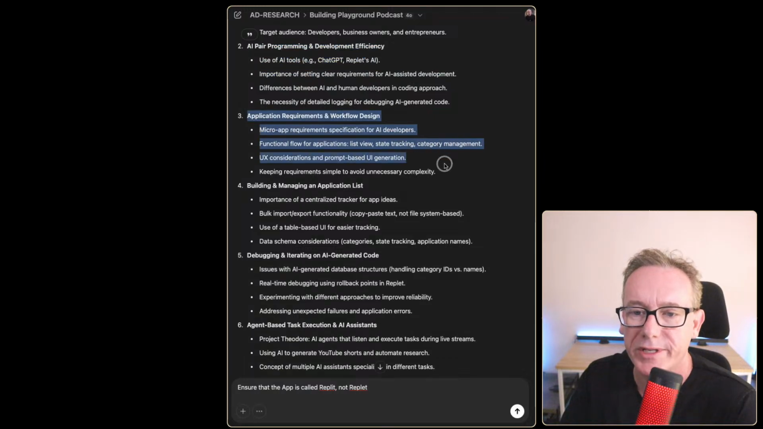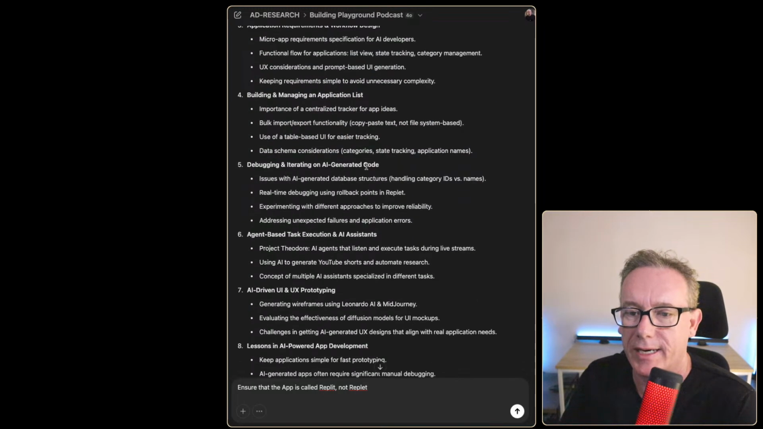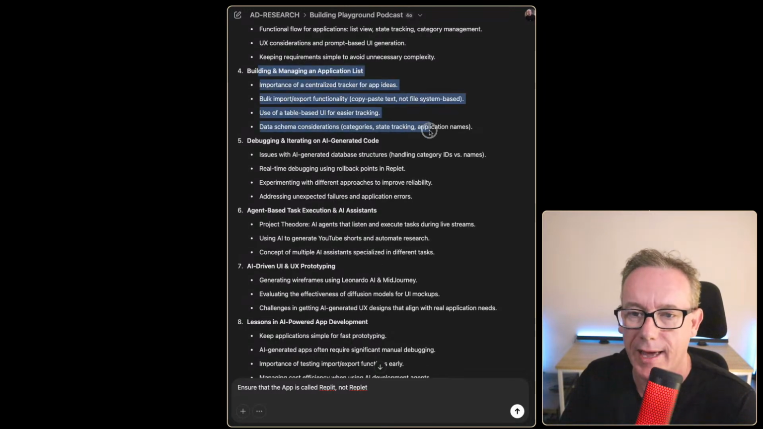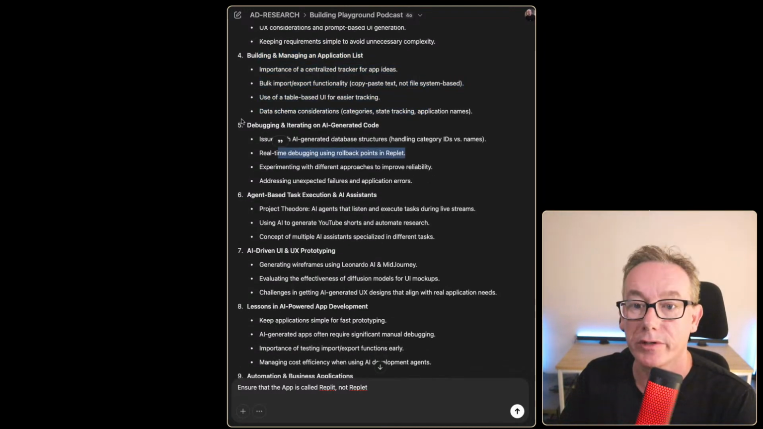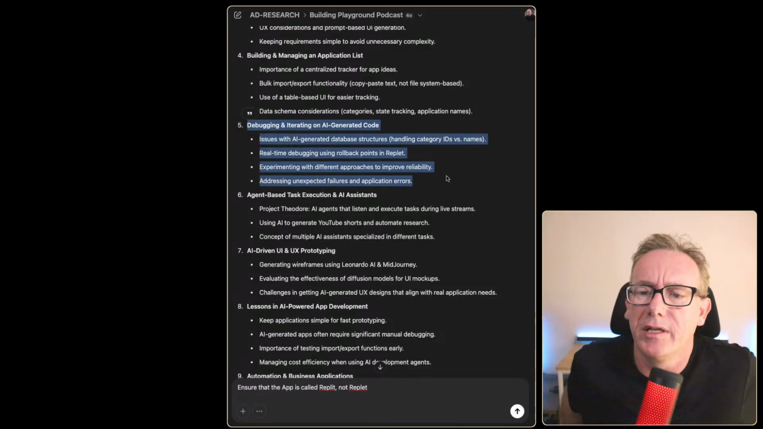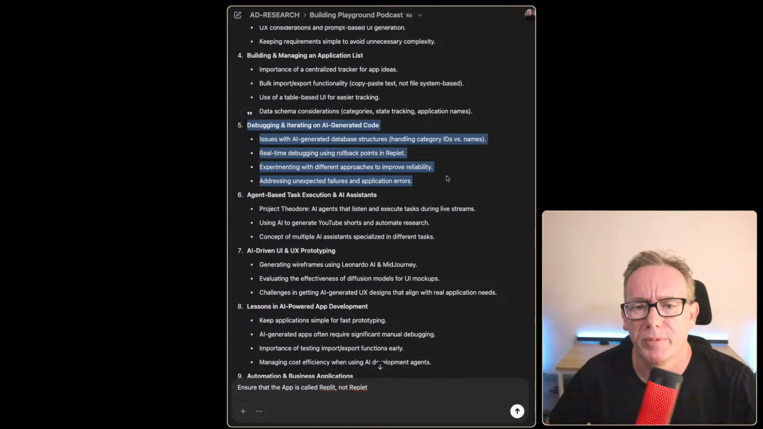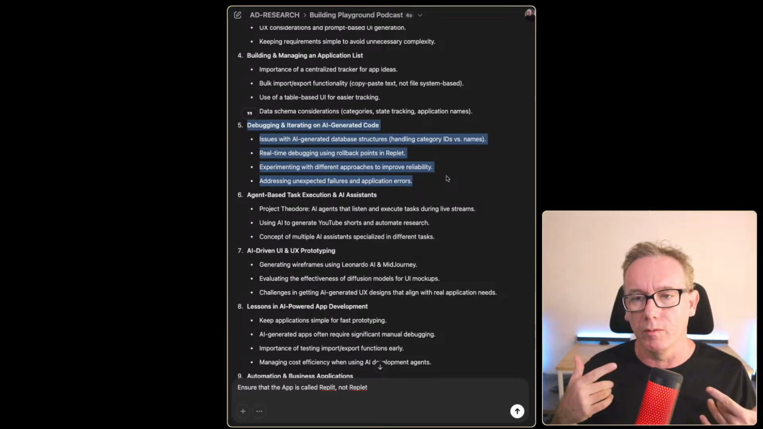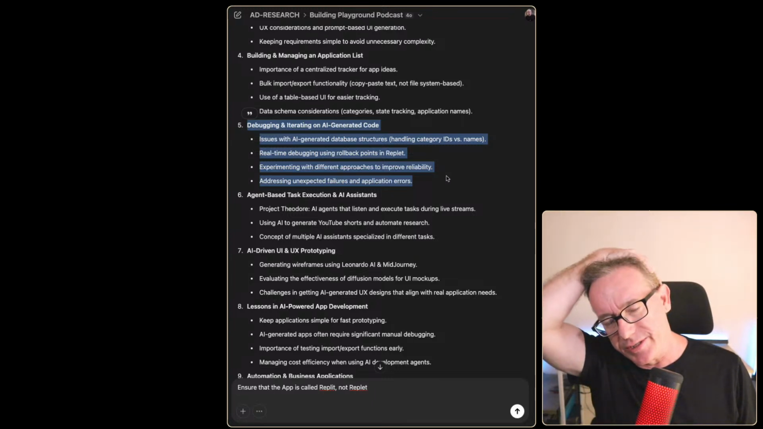Application requirements and workflow. Okay, that's talking about what it does. Building and managing an application list. This is how we use it. It talks about the debugging and iteration. So these are some of the areas that I'd like to see listed in the podcast, because what I want to do with this is